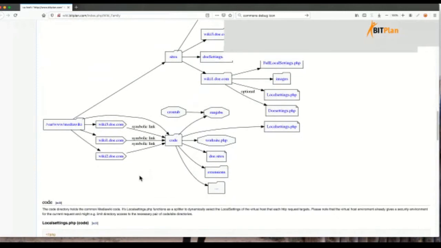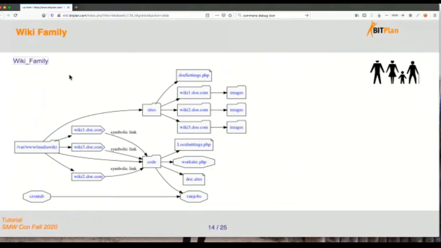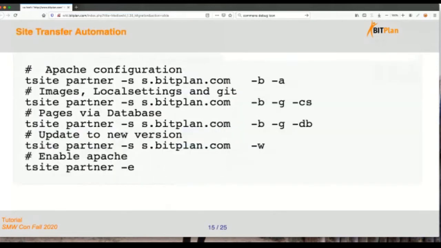And here's a more detailed version of that that shows you how that works. It looks a bit complicated at first, but if you get that running and have the tools working, you will see that if you run a lot of wikis, it's a lot easier to work this way.